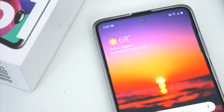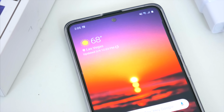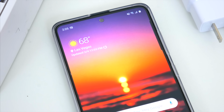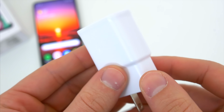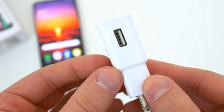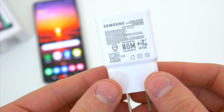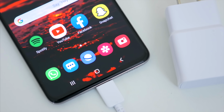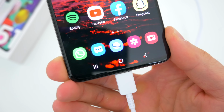I end most days with 30% left or more, and while it isn't the crazy powerhouse that the M30S is, I don't have any complaints. The only gripe I have is Samsung's decision to stick with 15 watt fast charging support rather than going with a 25 watt standard. I can of course still get a few hours of use from 30 minutes or so on the charger, which is great,